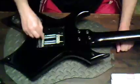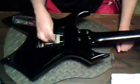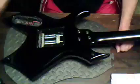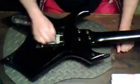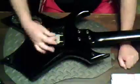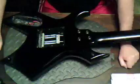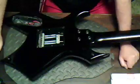And these are relatively easy to do. You just pop the springs out. These springs aren't in any specific order. All the springs are the same. Just look at it and take note how each one is set up, because you can set these up in a crisscross, or you can have 2 springs instead of 4. You could even conceivably put a 5th string on here. Most people don't do that, but